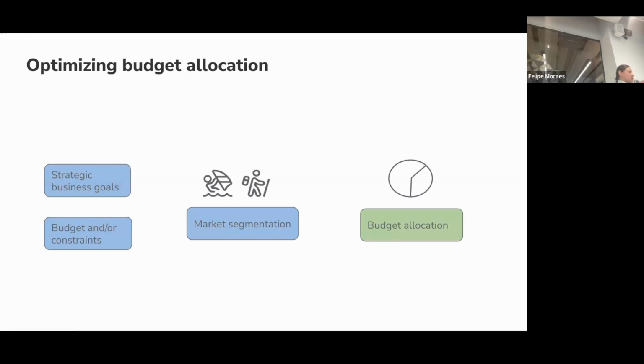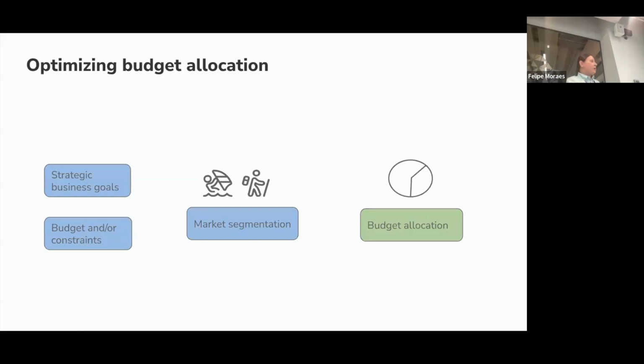We have some budget for those marketing activities, and usually we also have constraints. We can spend some fixed amount of budget, or spend some amount of budget with the condition that our ROI will be greater than something. Market segmentation can also be defined by the business. It can be some markets, let's say Europe, North America, Asia, or it can be done by interest, by user lifetime value, or by some clustering techniques, right? There are plenty of things.